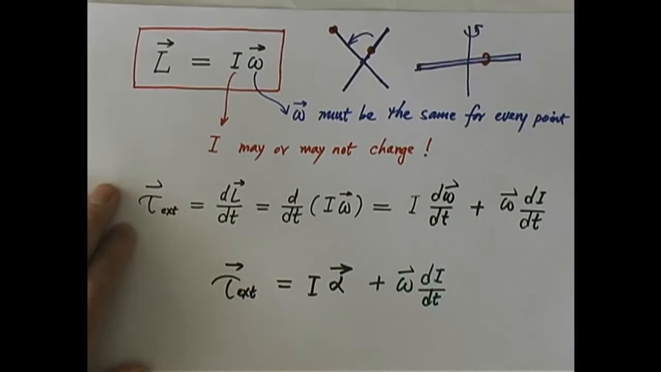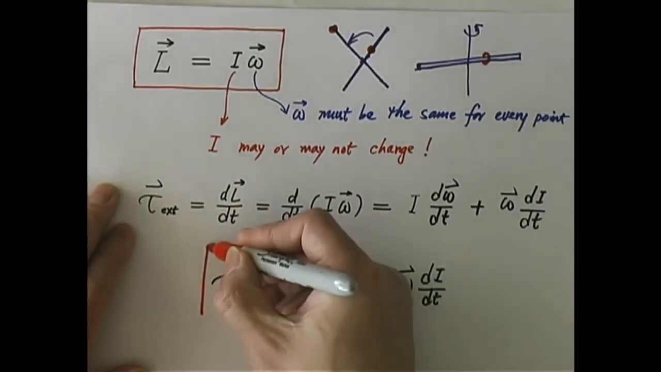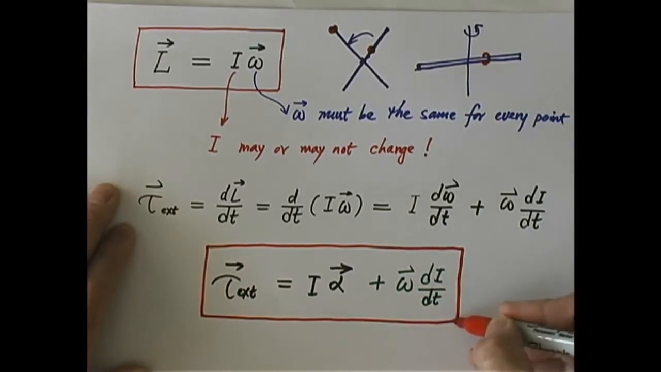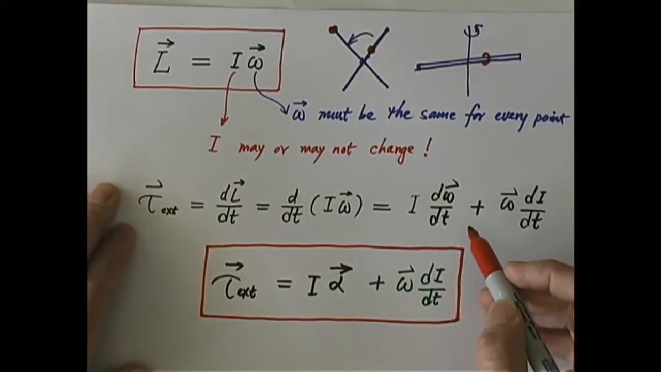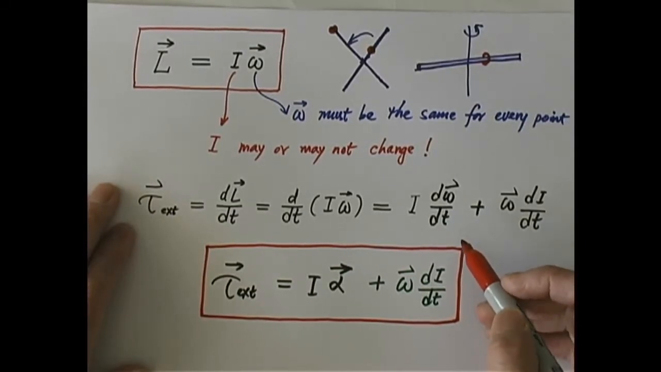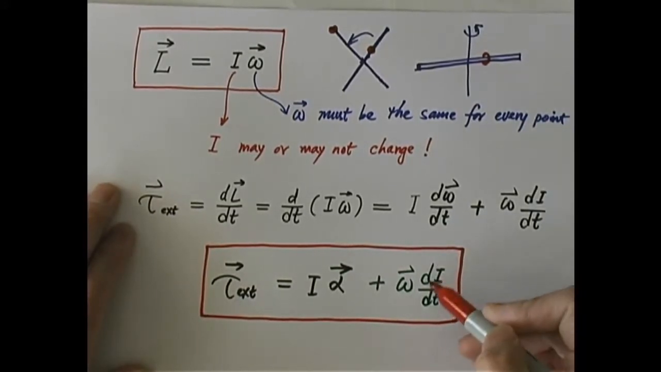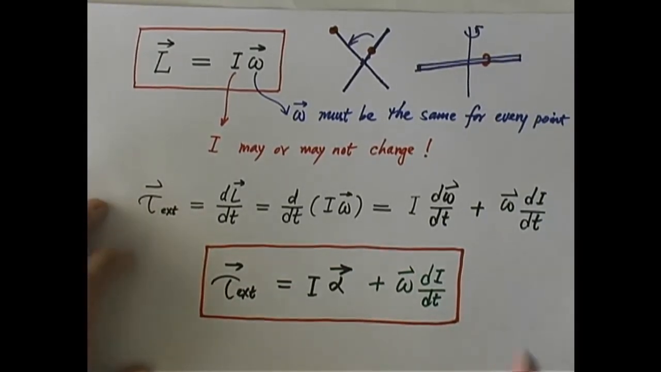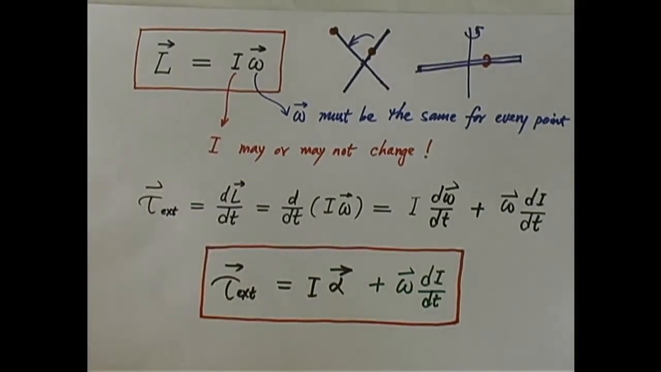This is the most general expression for the torque theorem, more general than what we had before for a rigid object, provided that the object as a whole still has the same angular velocity. It is now deformable, but omega must be the same for every part of it. You would have a second term due to the change in the rotational inertia. We'll look at examples when this term is an